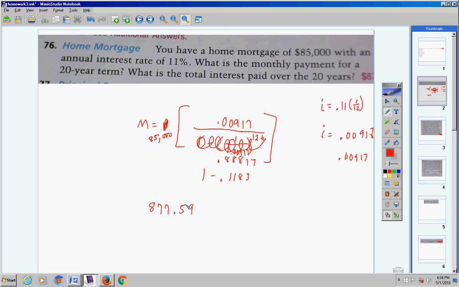Okay, now that's the first thing they want us to answer. What is the monthly payment? So there's your monthly payment. Okay, now they want us to find the total interest paid. Well, think about this for a second. You're making this payment every month for 20 years. Well, there's 12 months in a year, so 12 times 20 is 240. So now take your monthly payment times 240, because that's how many times you're going to make that payment, okay? And you're going to see you're going to pay this much money,